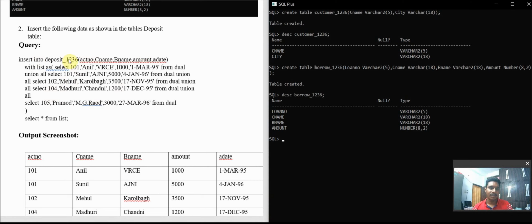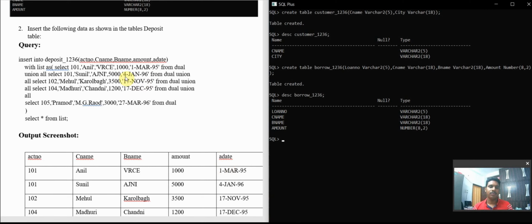In the table, I need to add the values to the tables that I created previously. So Anil, Sunil, and everything, and accordingly I give branch name, amount, and date.